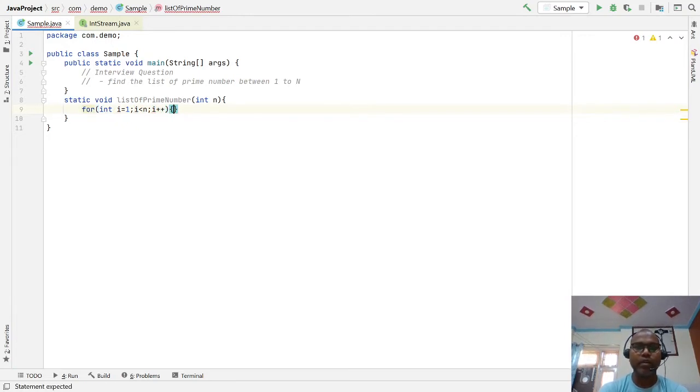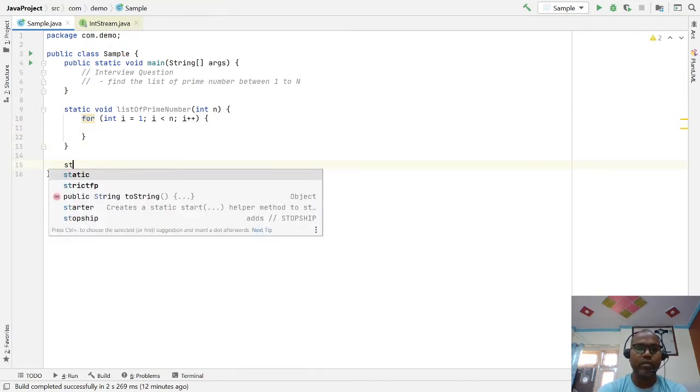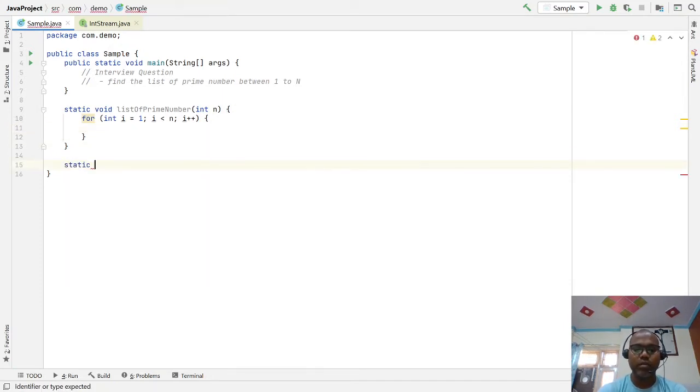After that, we have to check whether the number is prime or not. So we have to write another method. First is boolean isPrime, which takes a number.